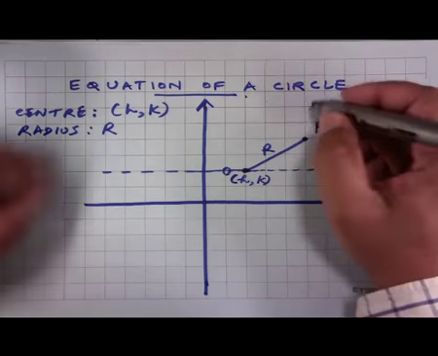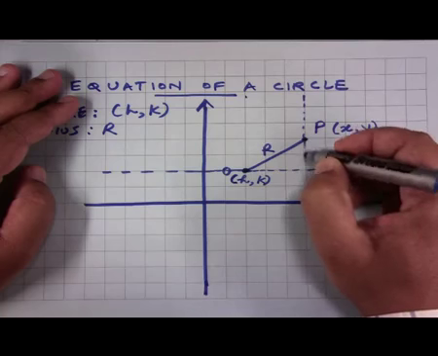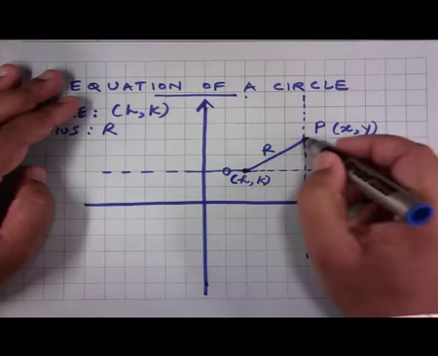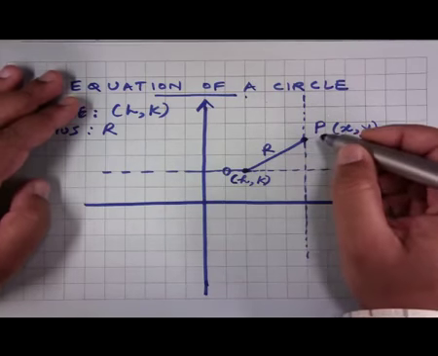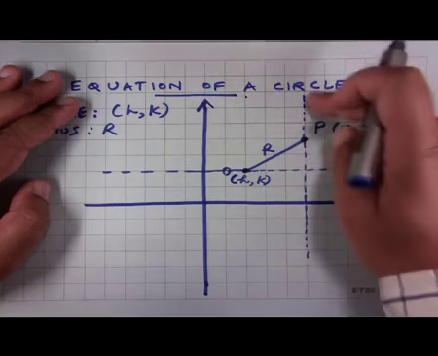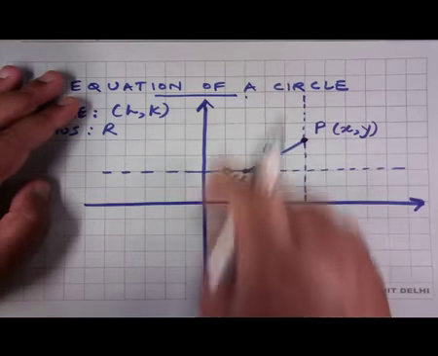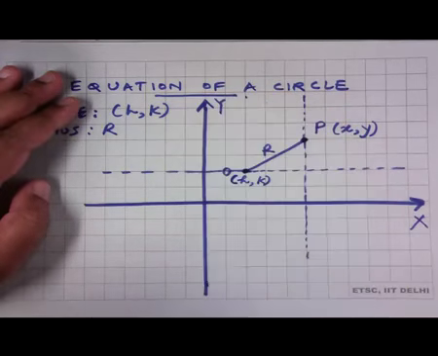And we make a vertical line passing through point P. Obviously, this vertical line and the y axis are parallel,